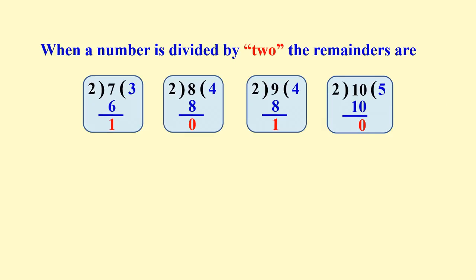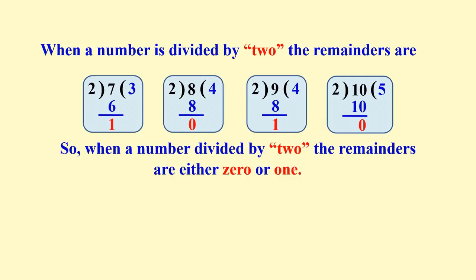Here in the 4 examples, we noticed that when any number is divided by 2, we get remainders either 0 or 1. So when a number is divided by 2, the remainders are either 0 or 1. We note this as 0 less than or equal to remainder less than 2. Similarly,